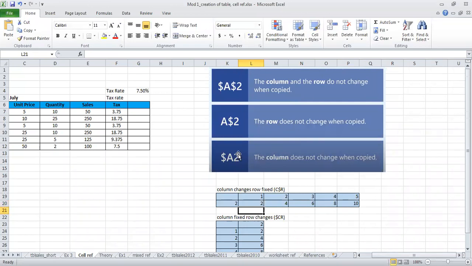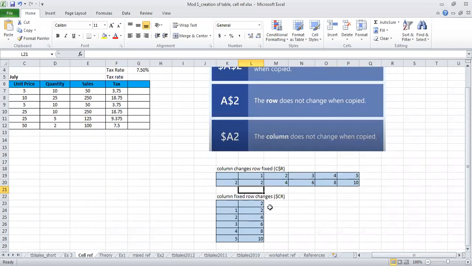Okay. Another thing is that you can fix your column and make your row change. So your $A2 means $A3, $A4, $A5. So here the rows will change. So if you see over here, it is the same thing, I have written it in a column manner. So what is happening over here? Again, I'll be doing the same thing. Equal to, now this particular cell, which is L23, L23 into this particular cell.